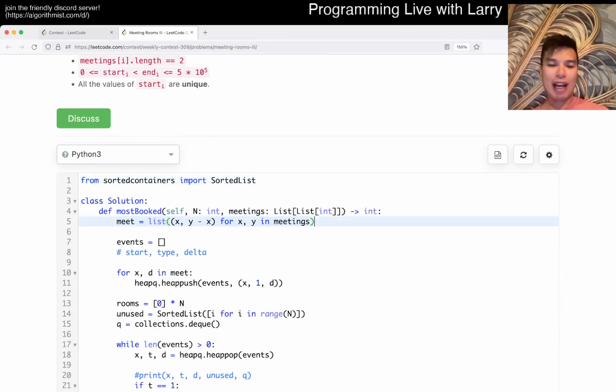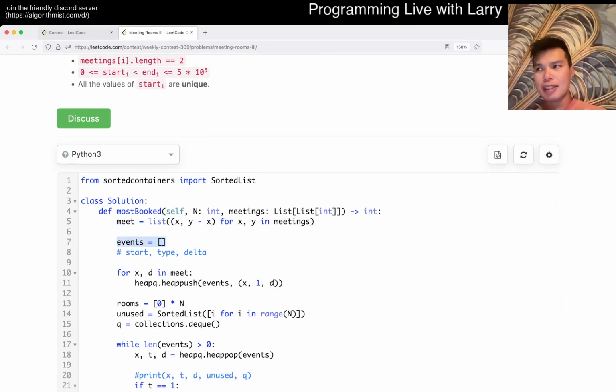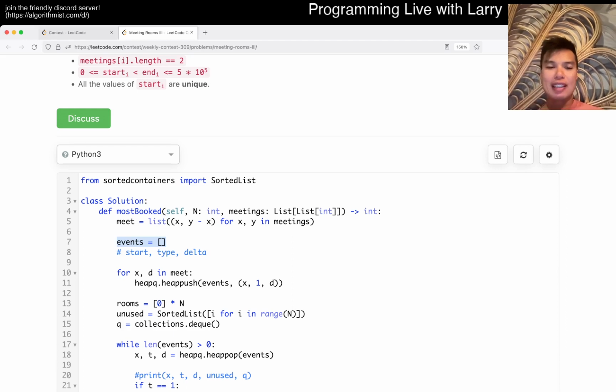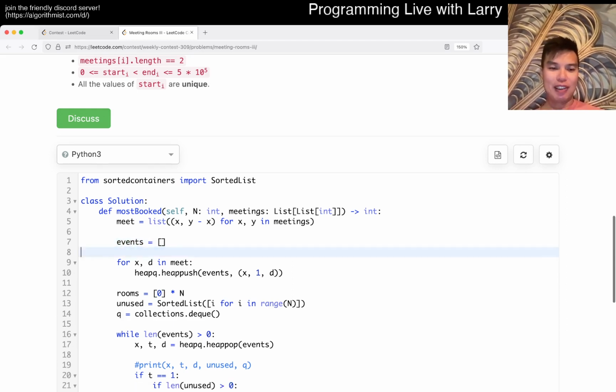And then next, we have the events. In this part, you can think about it like a sweep line. There may be other implementations. I'm not saying that this is the best, because this is my contest implementation. But this event is a heap. And I actually made a note for myself so I don't forget. It's a heap